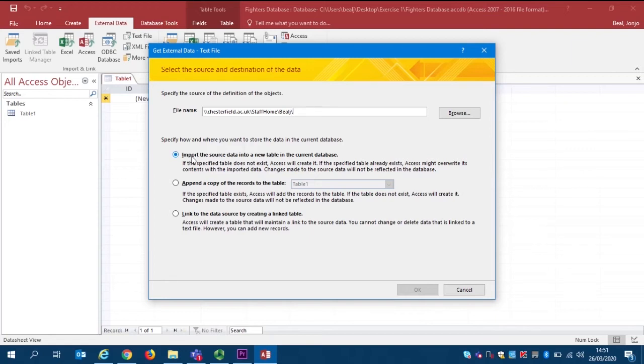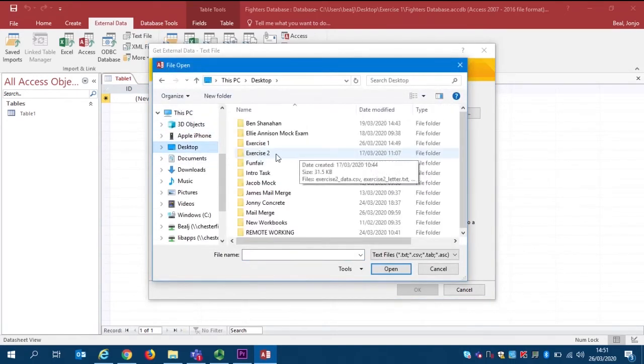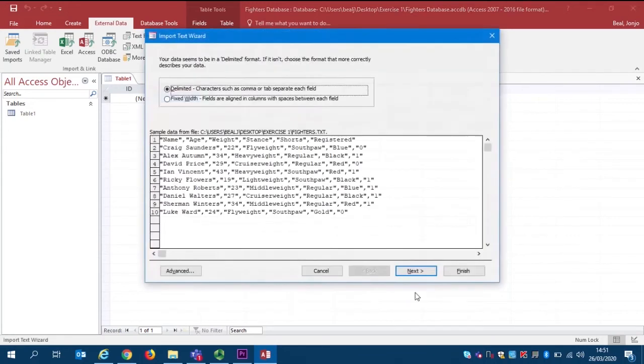This process is quite similar to what we do with Excel to get a text file into an Excel spreadsheet, and we're going to browse and find our file wherever it may be. So I've saved mine on my desktop, ready, and we choose our relevant text file. We'll leave everything else as it is and press OK. In one of our other videos, we looked at importing a text file into Excel, and there was only one thing we needed to change, and that was on the second step of the wizard. With Access, there's only one thing we need to change, and that is on the second step of the wizard,